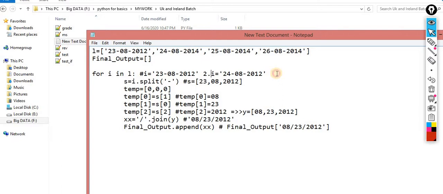In the third iteration, I value becomes 25. In the next iteration, I value becomes 26, okay. So entirely the same process happened here. This time when I did I dot split on the second iteration, here it becomes 24.